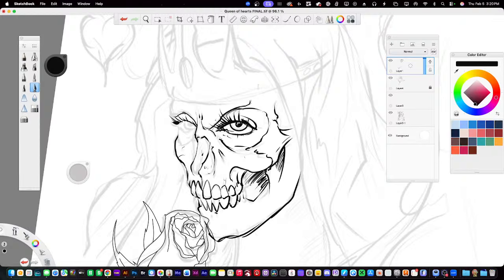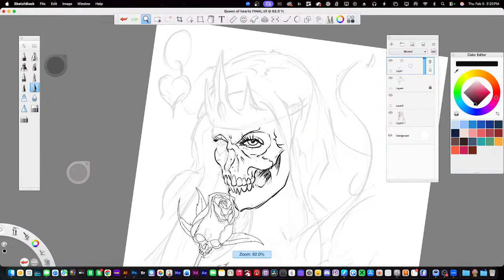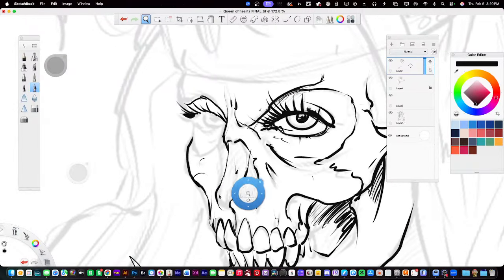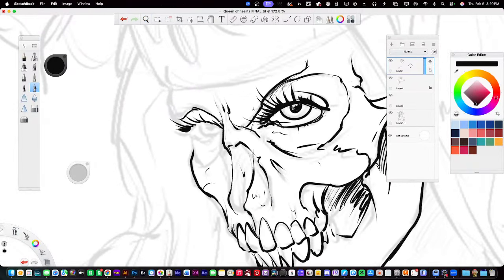So I'm just doing a cleaner pass from my rough pass. And we're going to see if this is going to work or not, because it might not.